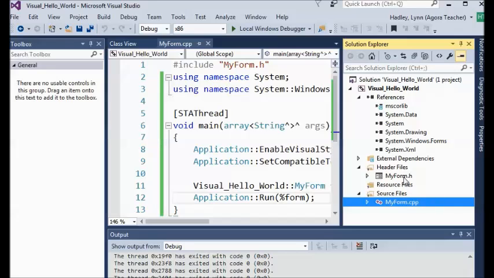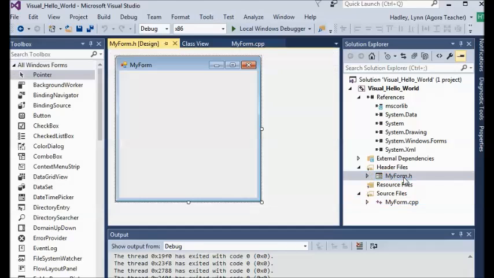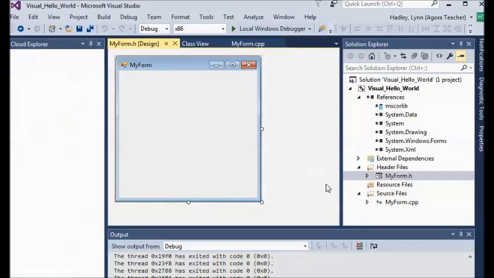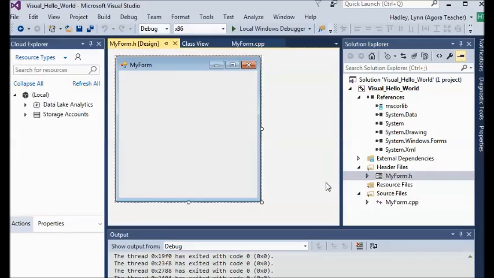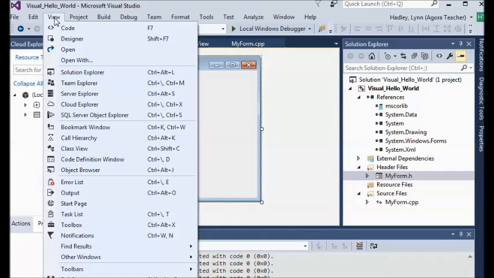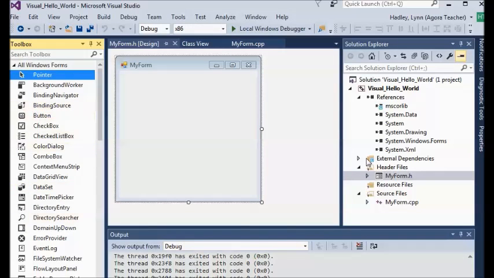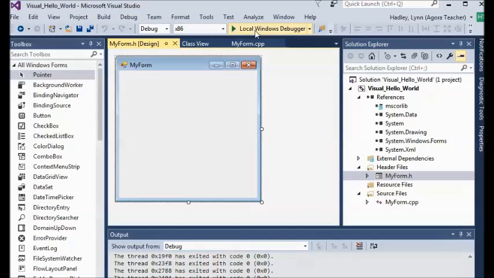And next I'm going to open up my form. See, now we don't have any error codes, do we? So now I'm going to show you how to bring up that toolbox I just minimized, okay? You go View, then come on down to Toolbox. You have your stuff that you're going to add to the form. Okay, so if I run this,